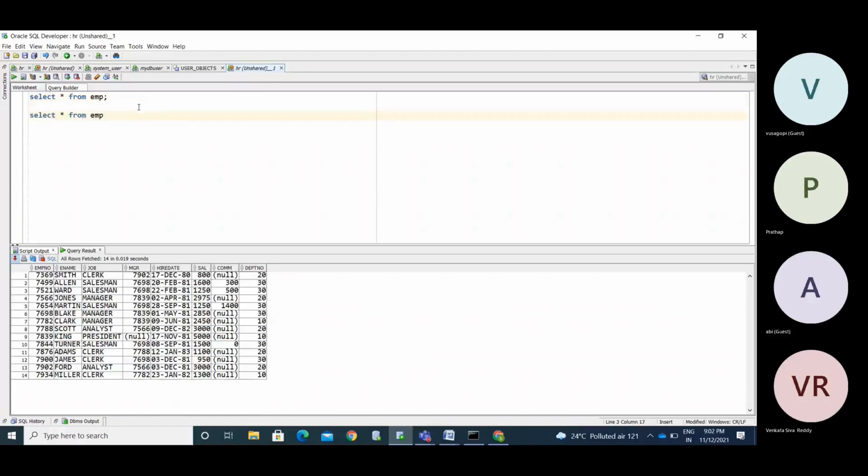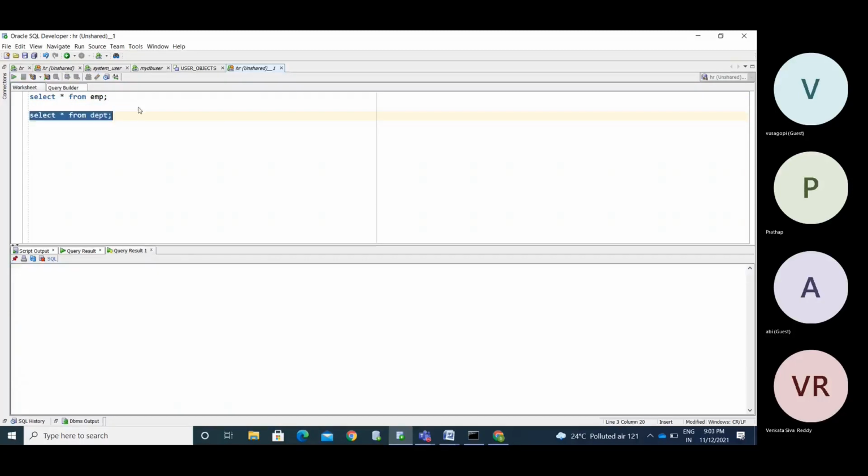You need to use the DEPT table information. See, department 10 people will be located in the New York location, department 20 in Dallas. I need to display which location each employee works in.